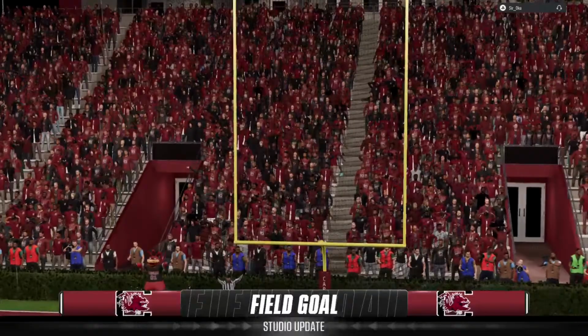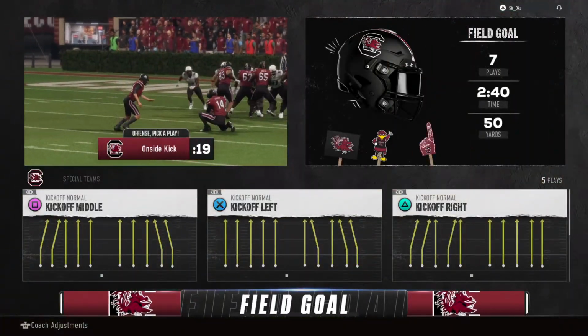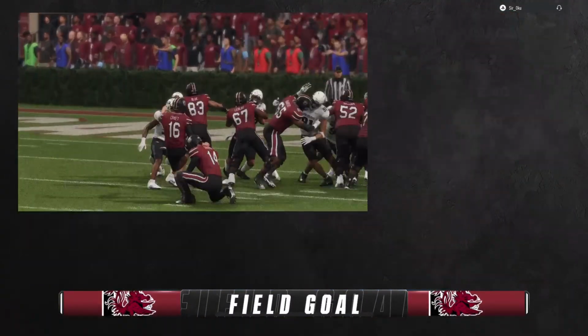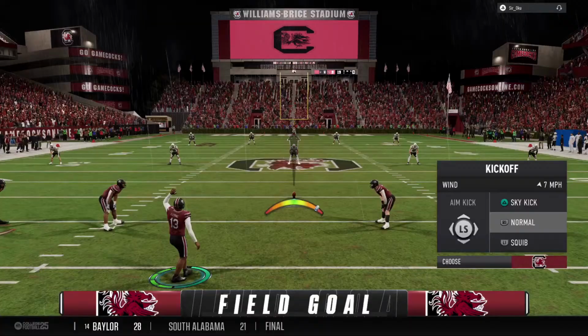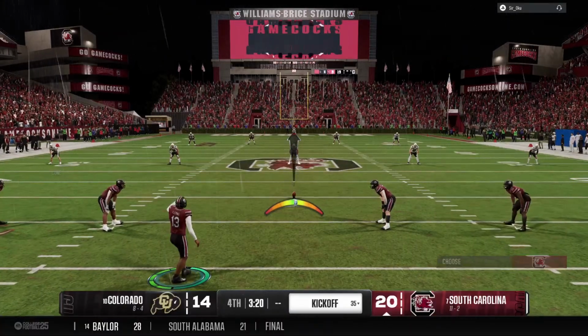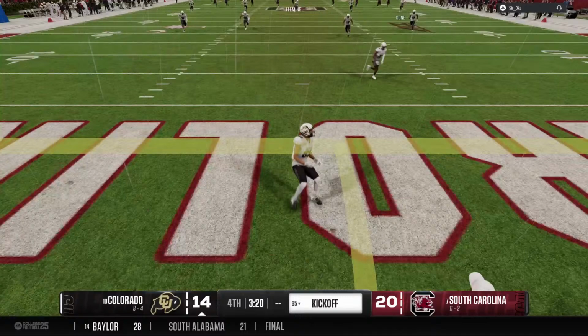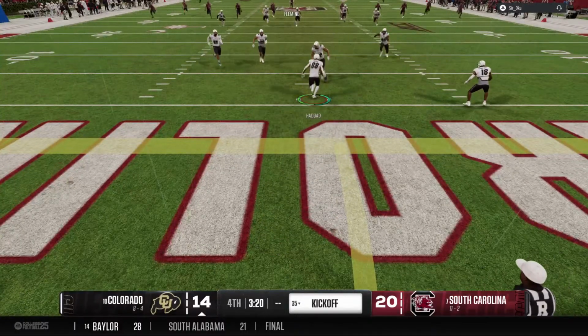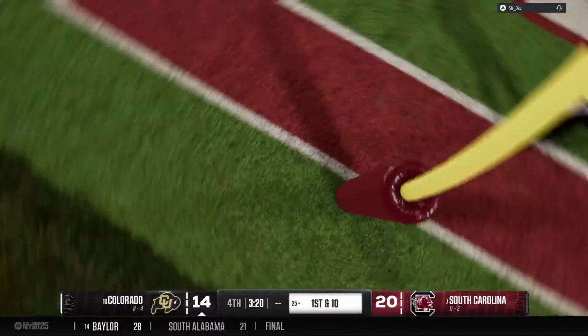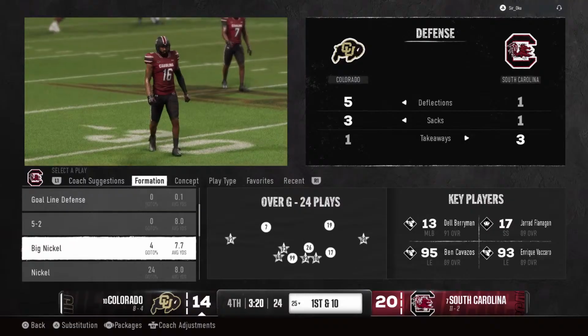Field goal is good. And that one, my gosh, I mean, it's almost too easy. Nice kick. So after the field goal, the kicker out there again to boot it away. Long kickoff, no chance for a return. It'll be a touchback.